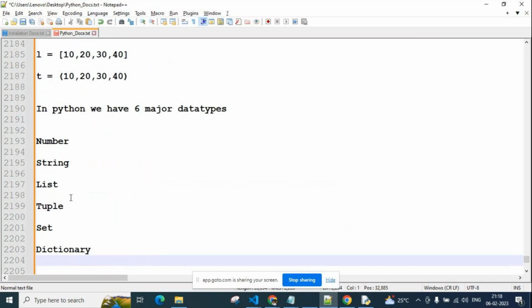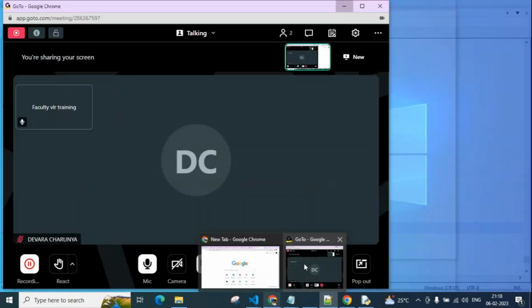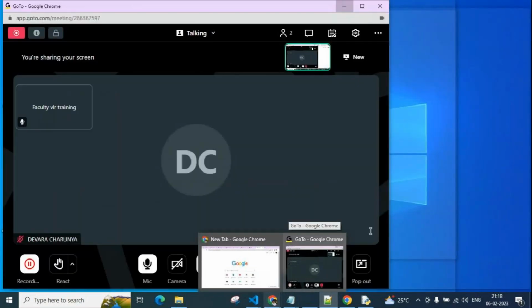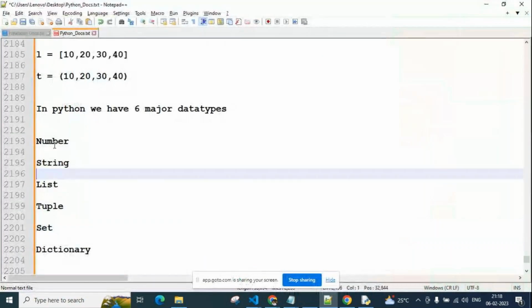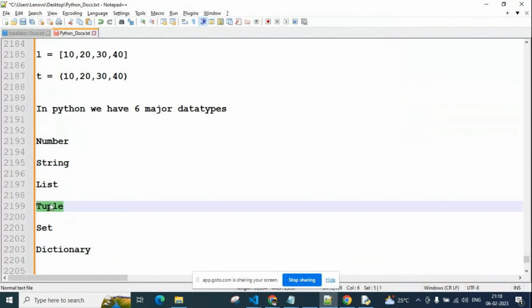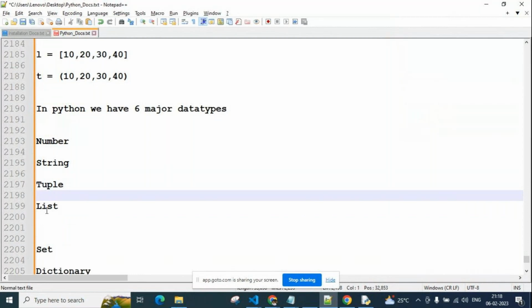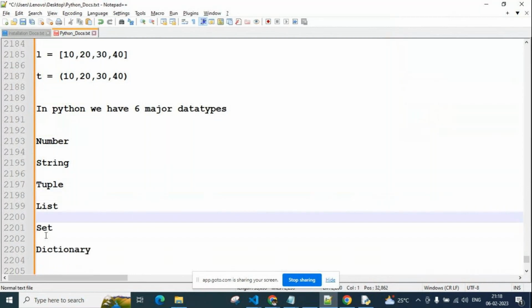You don't get confused. Tomorrow also we'll discuss these points only. Actually from tomorrow onwards our main concept will start. So like this: number, string, list, tuple, set, and dictionary. The order is not important, any order we can discuss these topics.